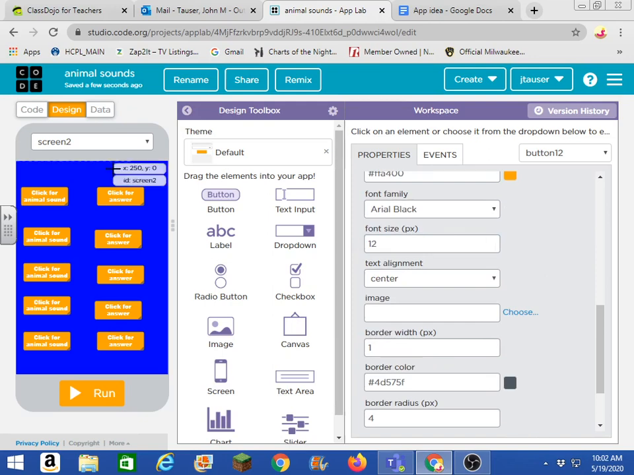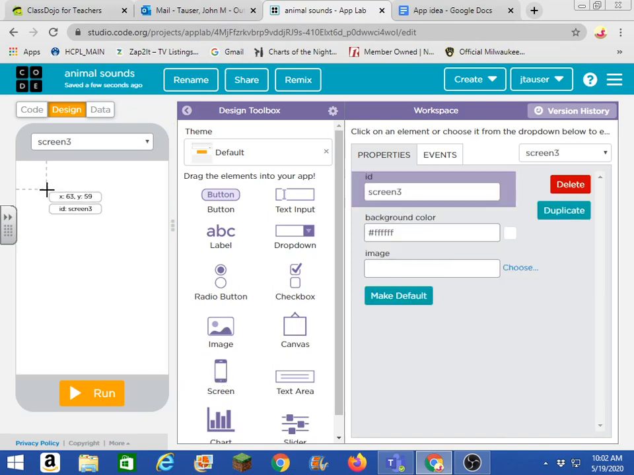Okay, so we've got that. Click for animal sound, five times, then click for answer, click for answer, click for answer. Okay, so we got screen 2 is ready to go. I just have to do the code for it. Now, I also need to make, because I've got 5, I need to make 5 more screens, one for each animal. Okay, so I'm going to do this screen 3